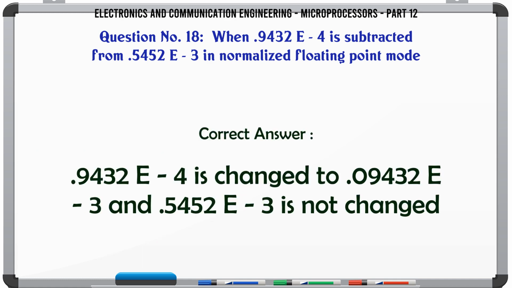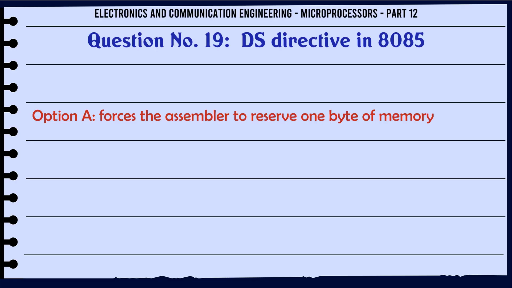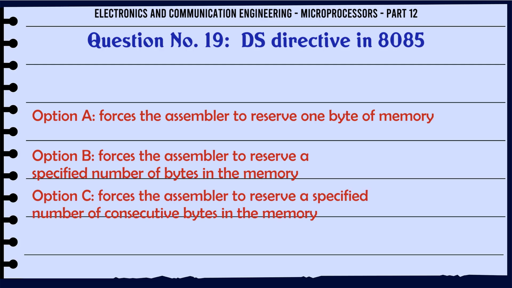The correct answer is .9432E4 is changed to .09432E5 and .5452E3 is not changed. DS directive in 8085: A: forces the assembler to reserve 1 byte of memory, B: forces the assembler to reserve a specified number of bytes in the memory, C: